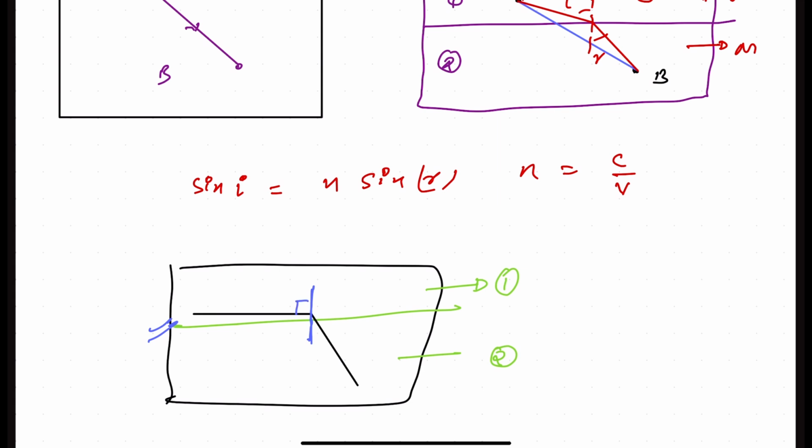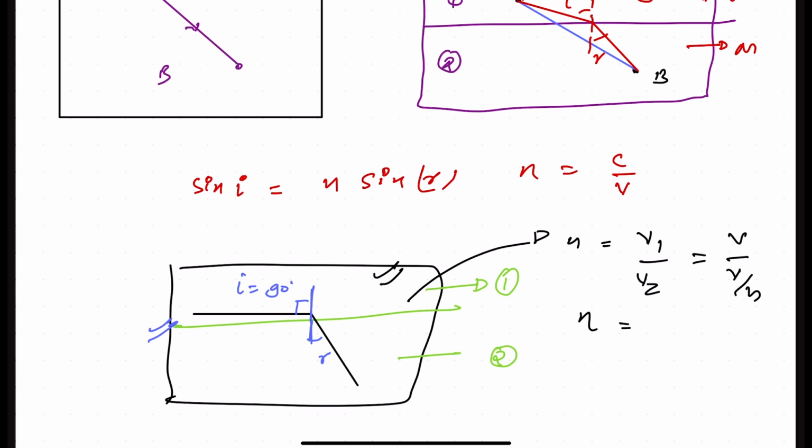This angle is 90 degrees. Alright, our angle of incidence is 90 degrees. Let's suppose this is our angle of refraction, and that is r. Now the problem is we need to find the refractive index. So here, instead of the velocity in vacuum, we will take the velocity on the highway, that is v1, and the velocity on the field is v2. So v1 is v and v2 is v by eta. So basically our refractive index is eta itself.